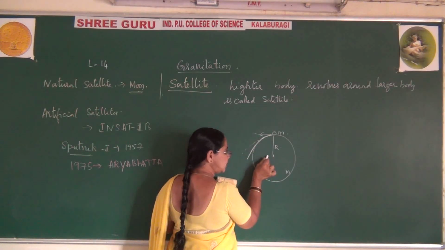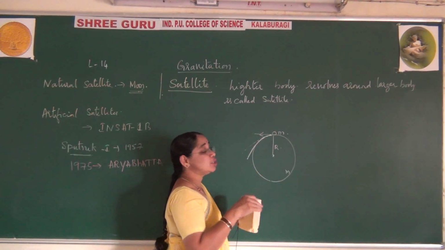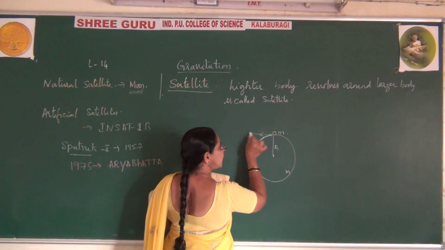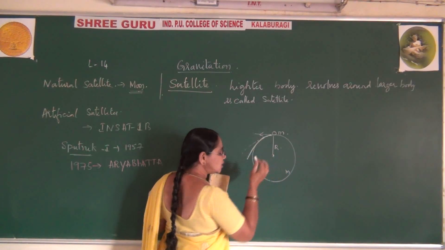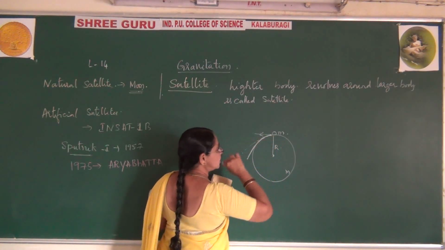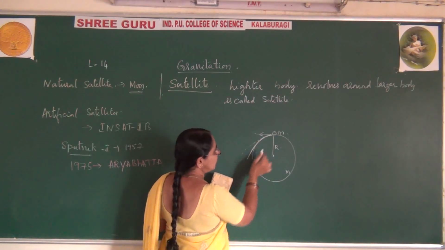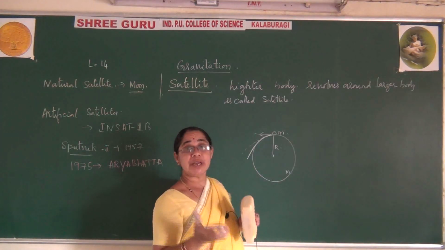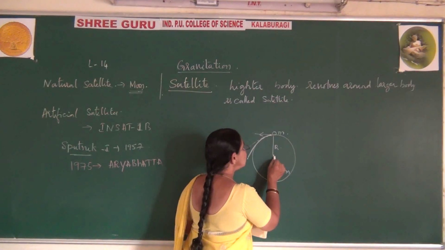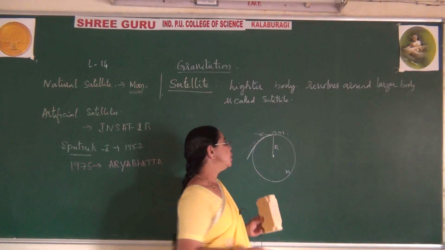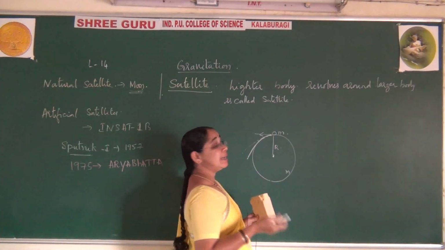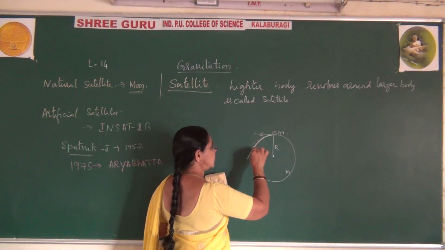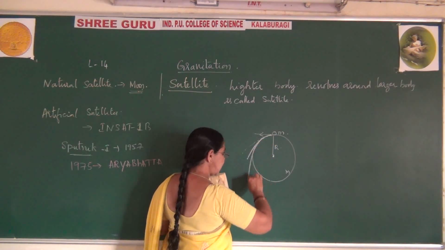Hence, it cannot move straight. It will be moving towards the center, but it is not reaching the center. It was earlier moving straight, but because of this gravitational pull, the object moves like this. It attains a position like this because it is attracted towards the center. But since the gravitational pull is not sufficient to bring it to the center, it is not reaching the center. Since the object is moving with some velocity, it is also moving like this. By chance, if I make the object move like this, again it moves like this.